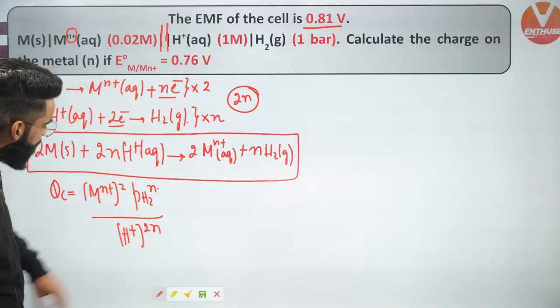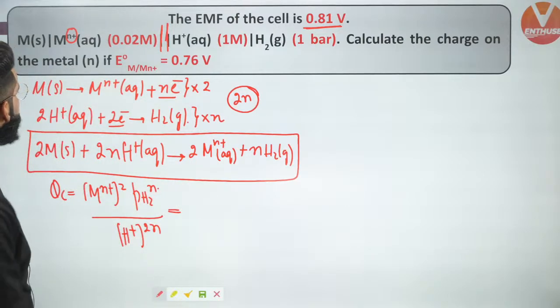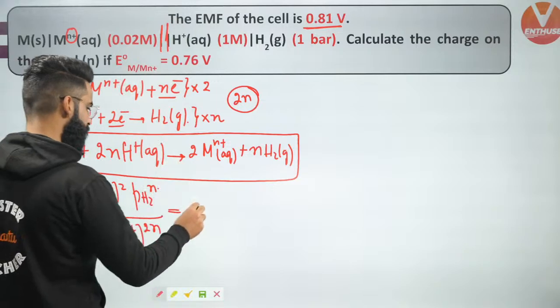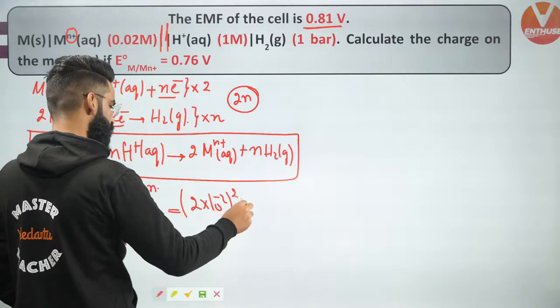Do we know these values, guys? Let's check it out. The concentration of Mn positive is given to me as 0.02. So I'm going to write 2 into 10 power minus 2, raised to the power 2, multiplied by